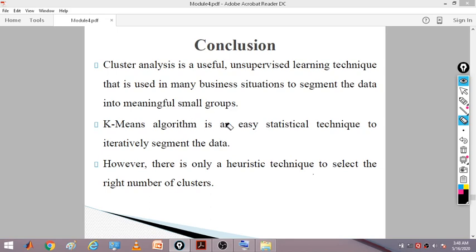The k-means algorithm is an easy statistical technique to iteratively segment the data. However, there is only one heuristic technique to select the right number of clusters, and selecting the right number of clusters is important. After that, everything will be fine. So we'll stop it here. So this completes our